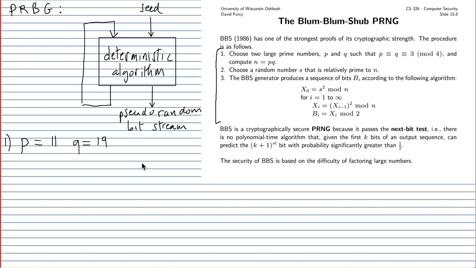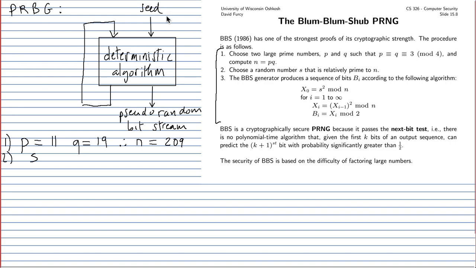And then we're going to conclude step number 1 by computing the product of these two prime numbers, which we're going to call n. In this case, 11 times 19 is equal to 209. So all the computations afterwards in the algorithm will be done modulo n. That's why this number is important. And this number must be equal to the product of two prime numbers, each of which is 3 more than a multiple of 4. Okay, the second step in the algorithm is to pick another number called s,